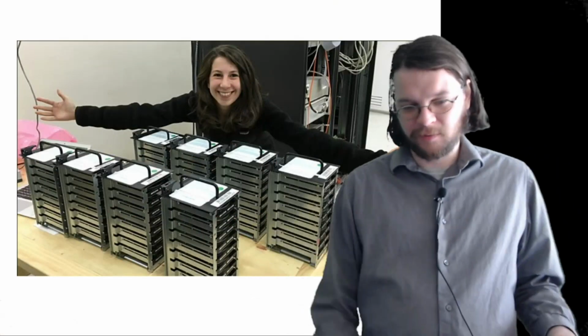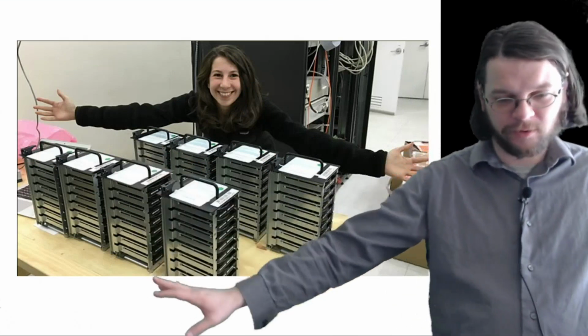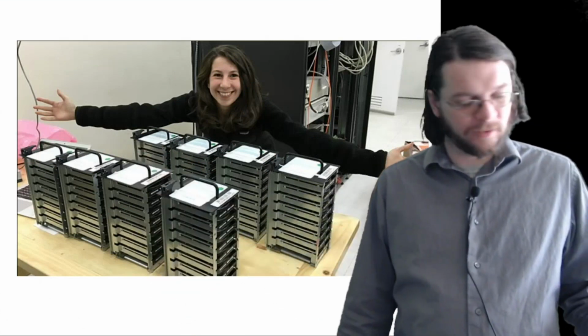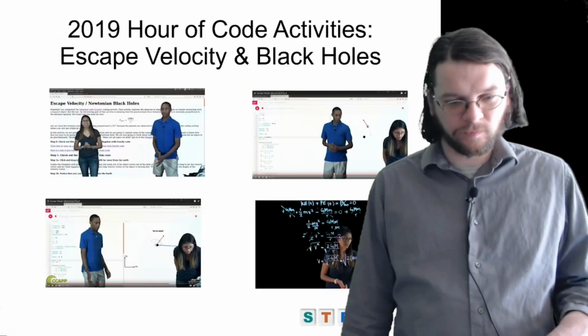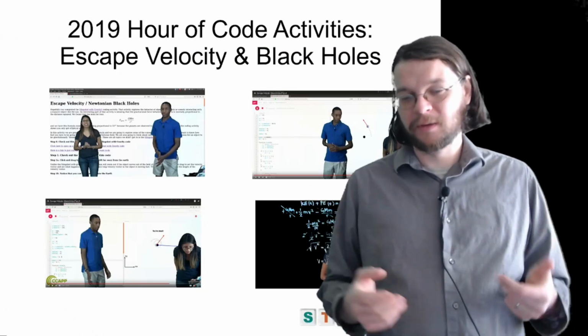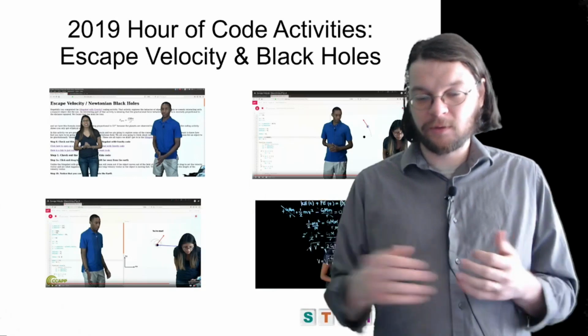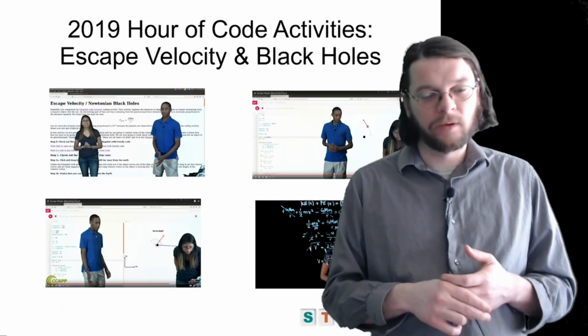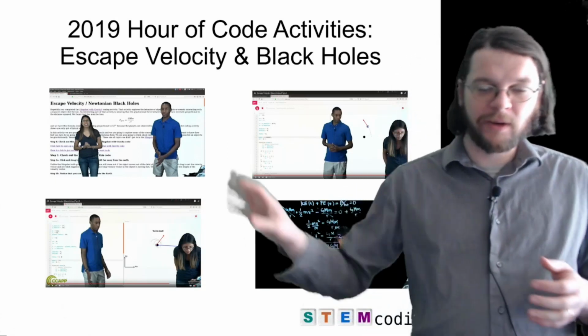Here's another picture of Katie. So these are all the hard drives that have all the data that the telescopes recorded. So we got excited by this, as you can tell. I'm already excited about it. And so we created two activities for our code, or I guess it's one activity that has two parts,